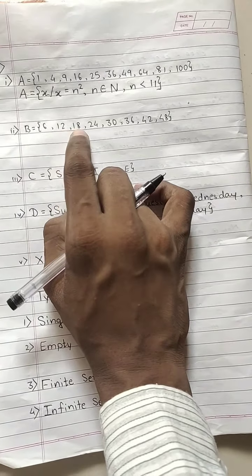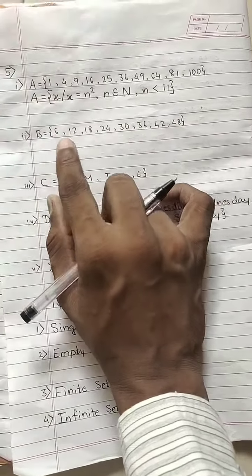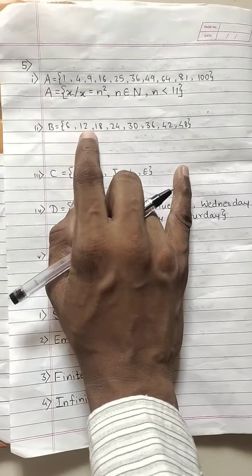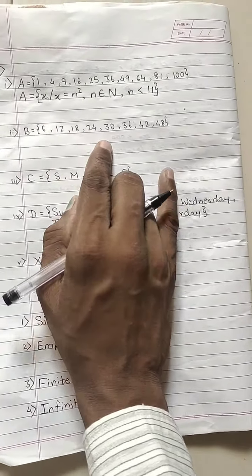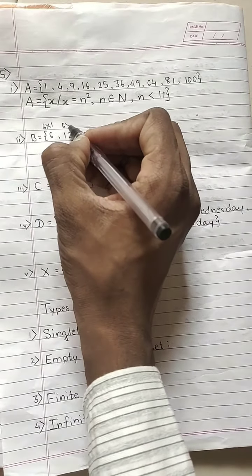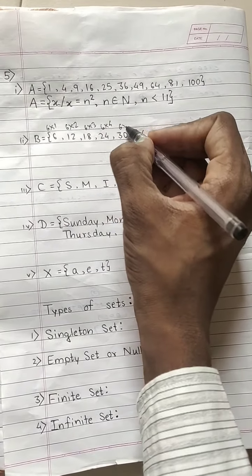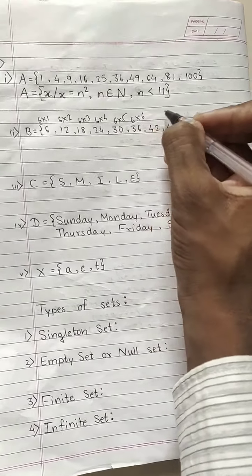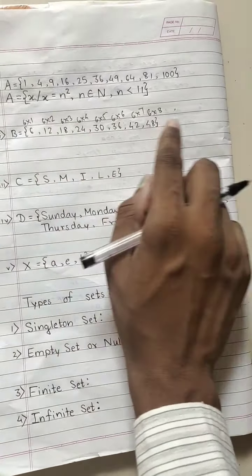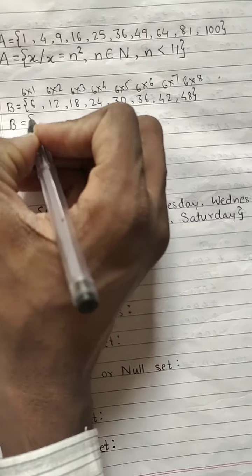This is what? 6, 12, 18, 24, 30, 36, 42 and 48. So you can easily identify that this is multiple of 6. 6 1 ja, 6 2 ja, 6 3 ja, 6 4 ja. Yes or no? If you want I can write this way for your understanding. This is 6 3 ja, this is 6 4 ja, this is 6 5 ja, this is 6 6 ja, this is 6 7 ja, this is 6 8 ja. Okay, so these all are table of 6. So by same way we can write it.